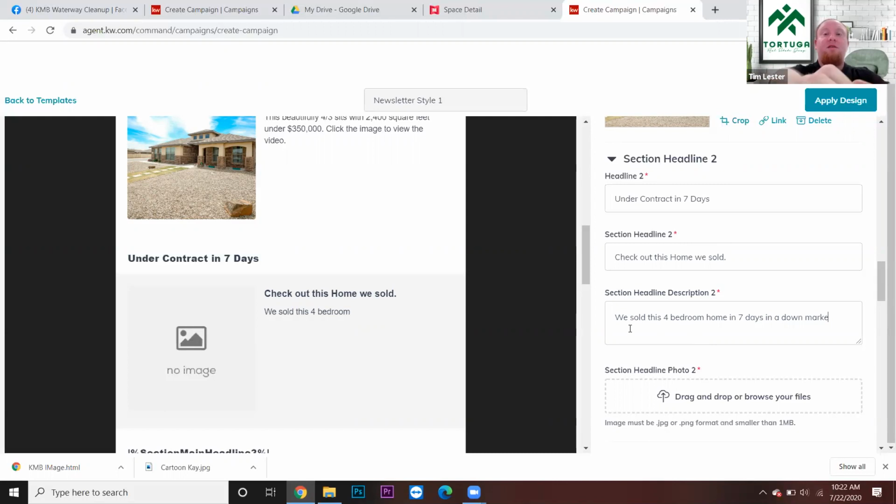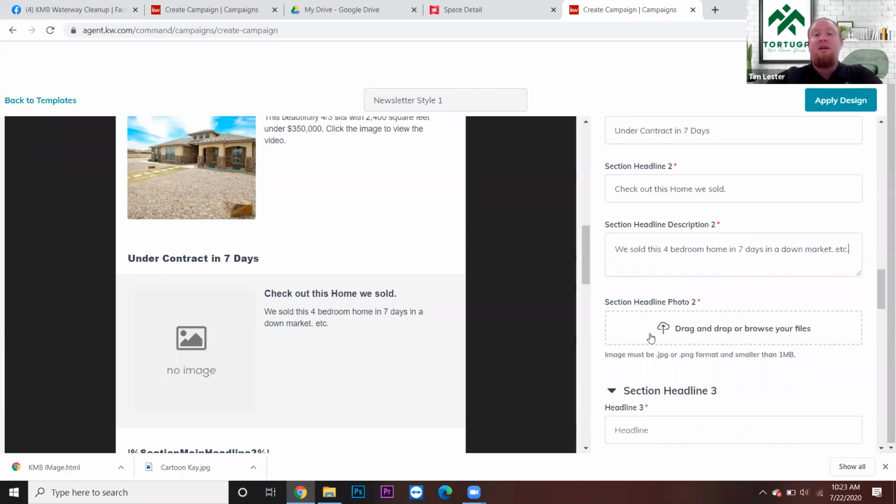You know, whatever you need to do to get these people to look at it and think, hey, maybe we should have them sell our home. So we've got a buyer, a reason for a buyer to click. Now we're giving them a reason for a seller to click. So we can go into more details here, but we're going to go ahead and get on to our next